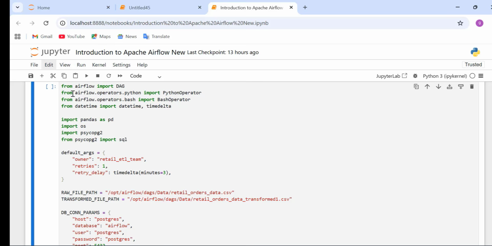Now we said from Airflow import DAG, and from Airflow dot operators dot python import PythonOperator. These are what we import. Pandas helps us read the CSV file, while psycopg2 helps us connect to the PostgreSQL, because we are bringing the data from the PostgreSQL. And for this SQL, it actually